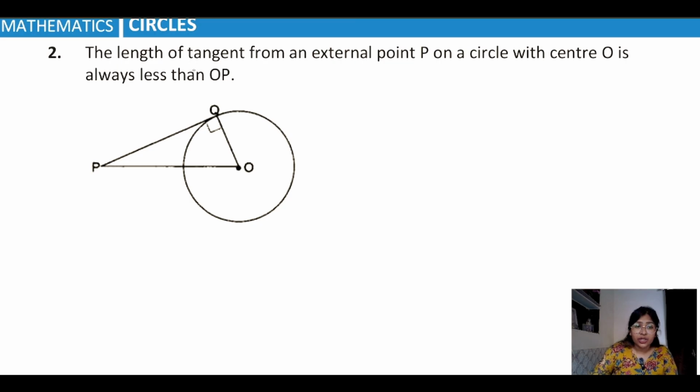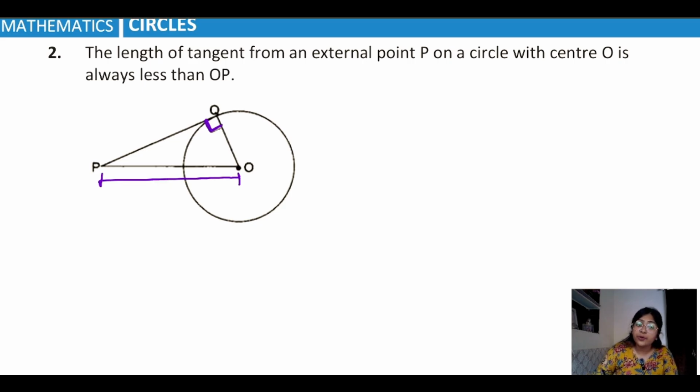The length of tangent from an external point P. P is an external point. We need to find out whether the length of the tangent from an external point P on a circle with center O is always less than OP. Okay, this is true or false. The length of tangent from an external point is always less than the length from the center to the external point. Yes, because we know that tangent and radius make an angle of 90 degree with each other, and this OP